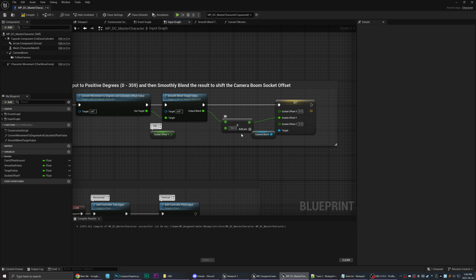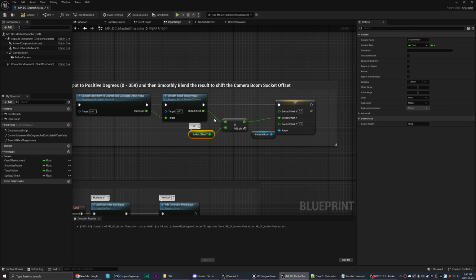You can give it a name, socket offset Y, and somebody looking at this can go, oh, okay, I'm setting the socket offset. There's the socket offset Y, and I'm setting it to 150 times whatever this output blend is. So it just makes it cleaner. And you can, of course, always give a description as well if you want to have a longer description up here, but I'm not going to bother doing that.